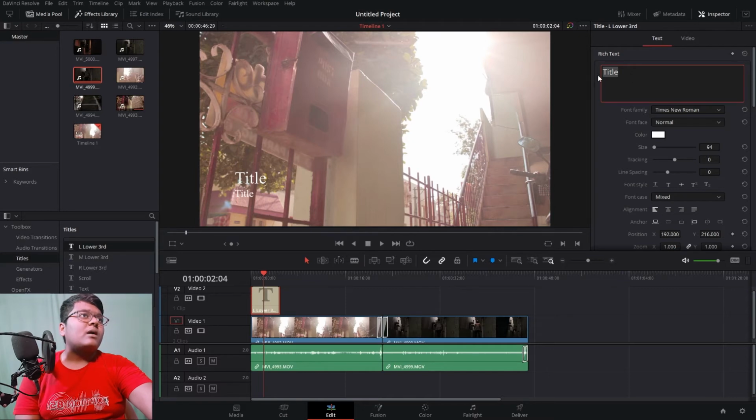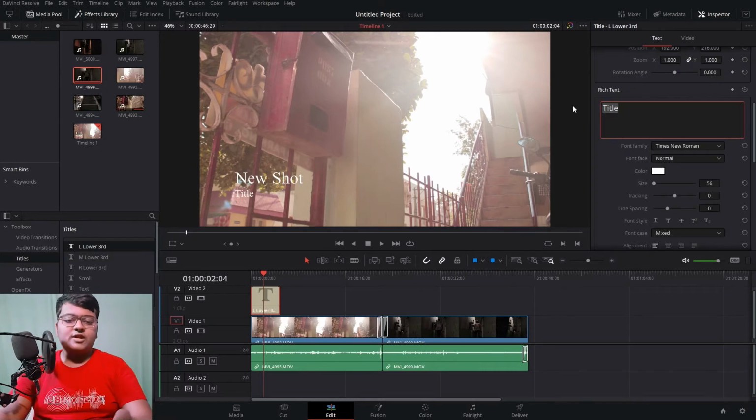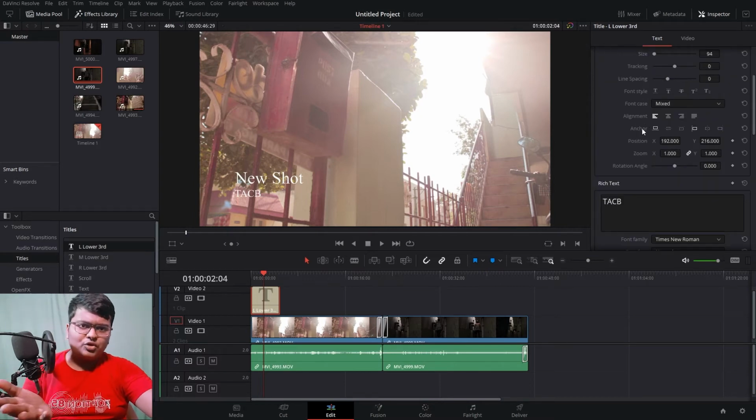So here I'm just going to add new shot. Sorry, shot. And then in the bottom one I'll add random text. You can even choose the font, font face, just how you do in Word, right?